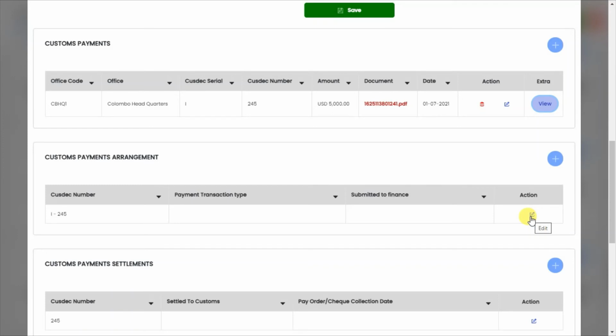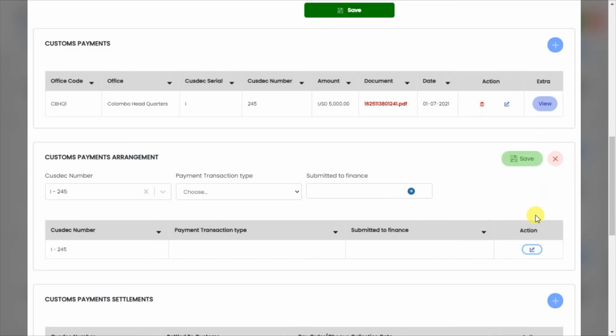If your finance department is involved, you can update the date that you have submitted the customs duty payment request to your finance department here, and then you can request the transaction type that you require.